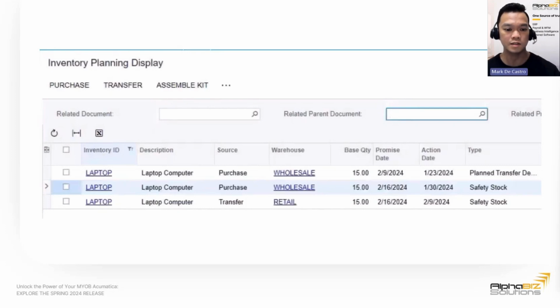Just note that this DRP feature will be available in Acumatica, but there are some relevant configurations that need to be discussed with you or our clients. Afterwards, our consultants might have to import some item-level inventory planning setup. There's also training involved, and lastly, there will be support. If you want to enable this DRP feature, you have to enable it from the enable and disable features screen in Acumatica, but as I said, a consultant is needed to configure that. So going on to the next feature, Janella.